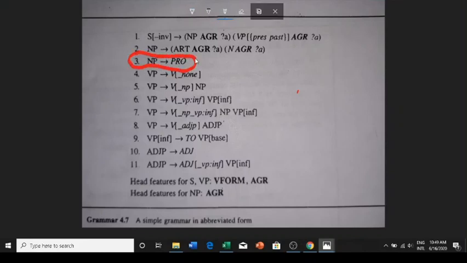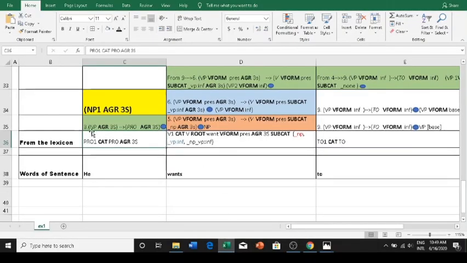So we will use this rule to write out a production. So we did write that rule, right? We are using rule number 3 to write out that production itself here. We are filling, or instantiating, the feature values on the right hand side of production 3 with the entry that we got from the lexicon. If you see the case of this pronoun, the AGR value that we got from the lexicon was 3s.